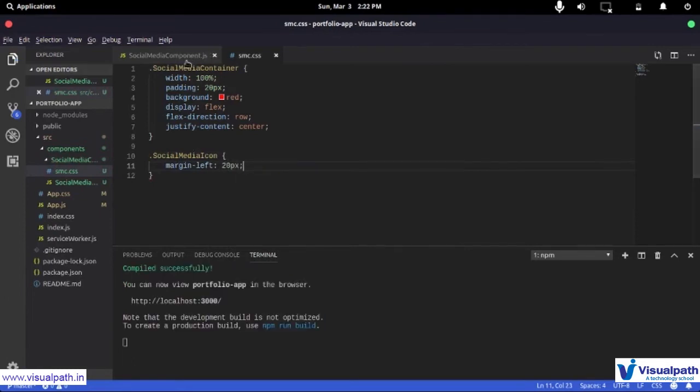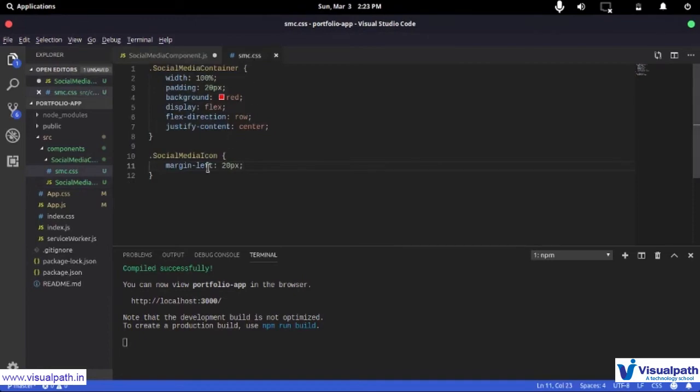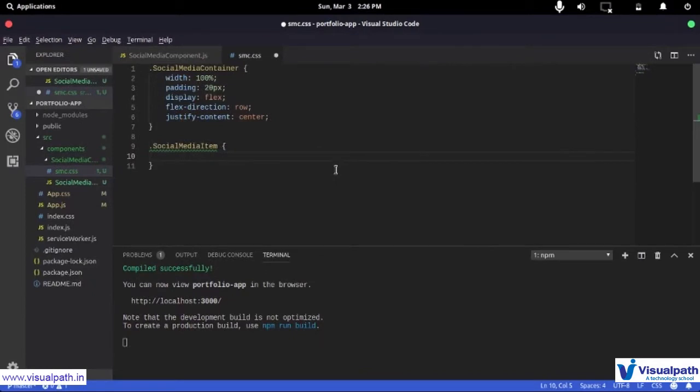And if I save this and go here, I want this to have a class name, and it should be social media item. And let me just check if I name those two. So here it is icon, and I just want it to be item. Some CSS that is going to make that element have some margin on each side.